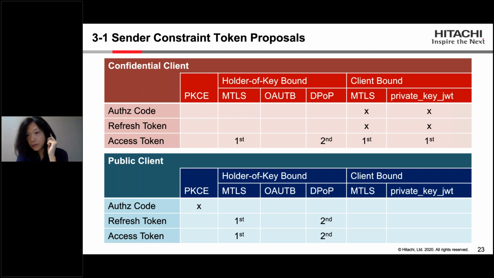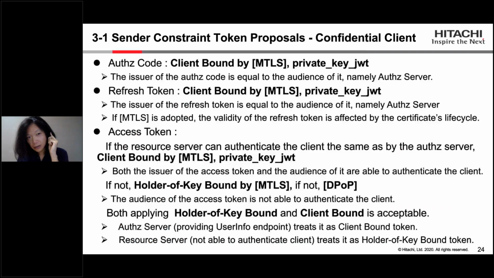I conclude that OAuth code and refresh token might be better to be client bound, while in the case of the OAuth access token, it might also be preferable to realize a client-bound access token, but if not, we can use the MTLS method as first option and the DPoP method as second option for realizing holder-of-key bound access token, because for OAuth code and refresh token, the issuer and audience is the same